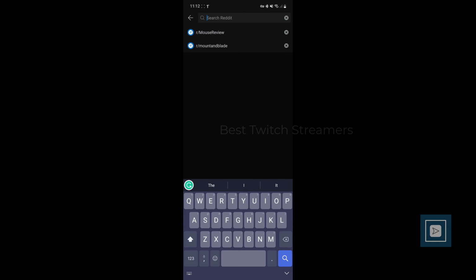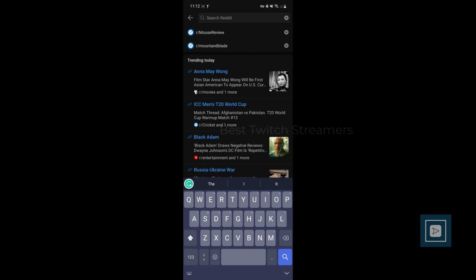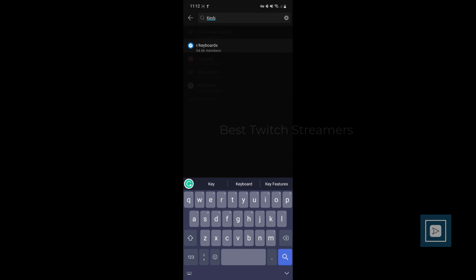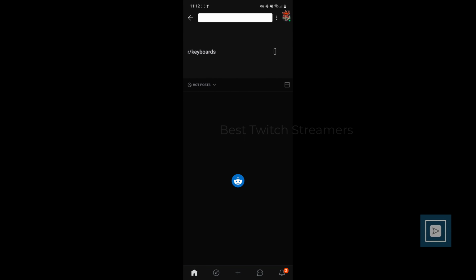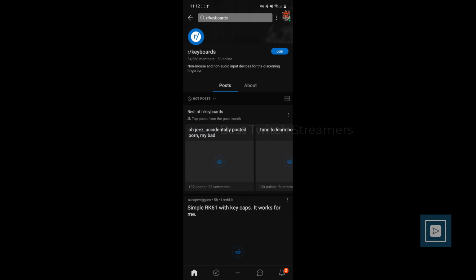Now I also want to follow the keyboard community. So what I want to do is type in keyboard, and now as you can see it says r/keyboards. Now what we want to do is just click on r/keyboards, and from here, as you can see, there is